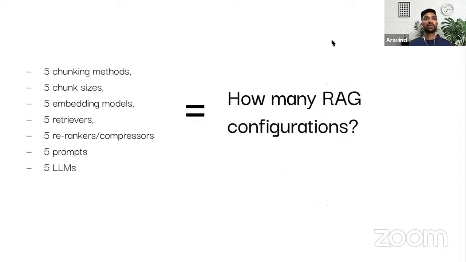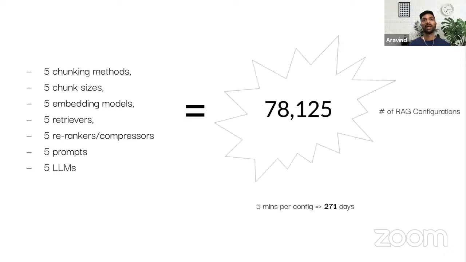Just to give you a very toy example, if as a developer you had to pick from 5 different chunking methods, 5 different chunk sizes, and so on and so forth, just a super toy example, do you know how many RAG configurations that would be? That would be 5 raised to 7, 78,000 different RAG configurations, right? And if you take even just 5 minutes to try each one out,